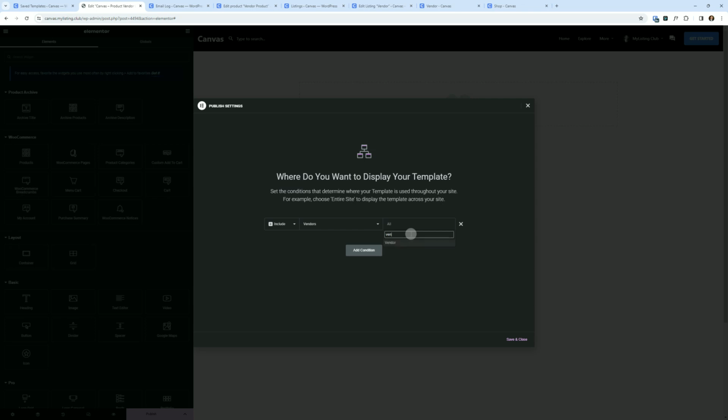For that, you can go in here and choose vendor and then just search for the vendor. Now this page is only going to display products from that particular vendor. You can do other things. You can do product categories, which I kind of talked about earlier. If you had a vendor category,